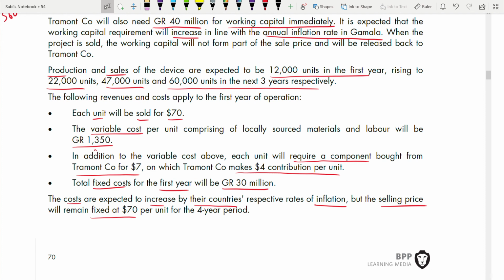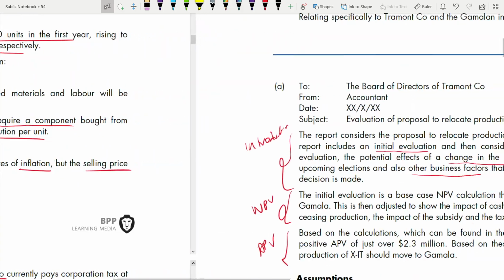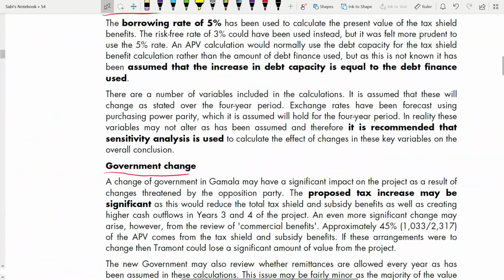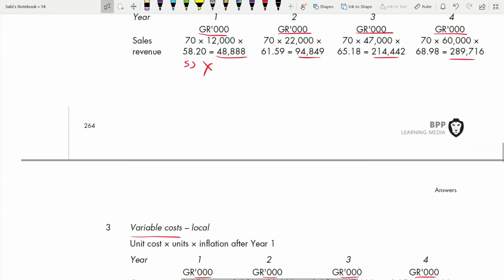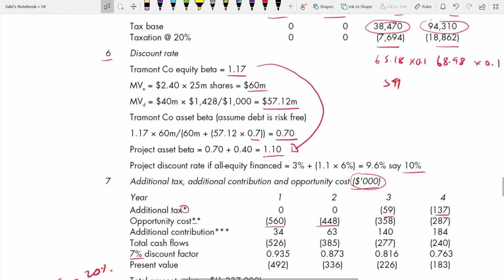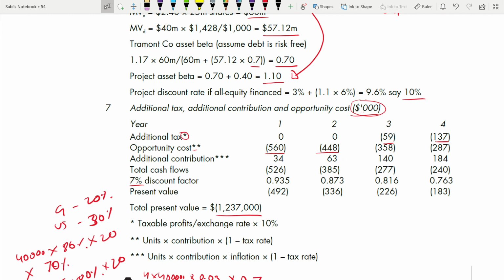Because the number, if you see, is a very small number. How do you solve this type of question, especially where it's very hard to find? It's not a closed number, it's a very small number. The additional contribution is just 34. If you try to put the same units into contribution and just take that inflation, the 3%, if you put 560 into 3%, you will not get 34. You're not getting 34.